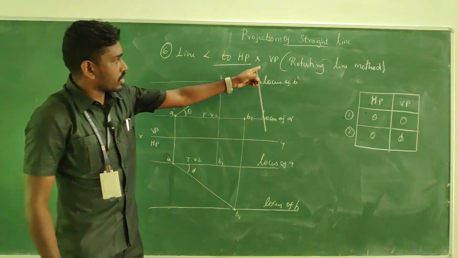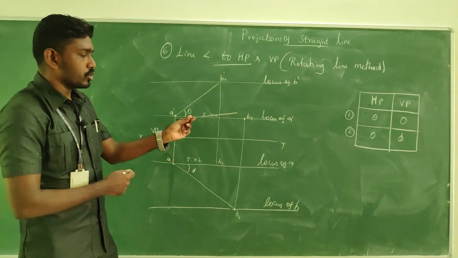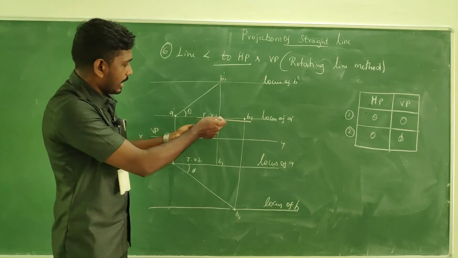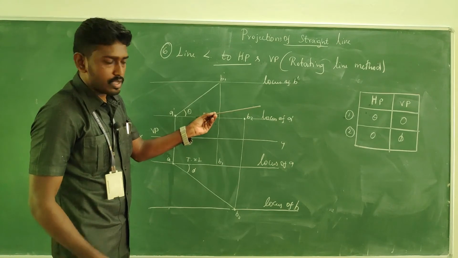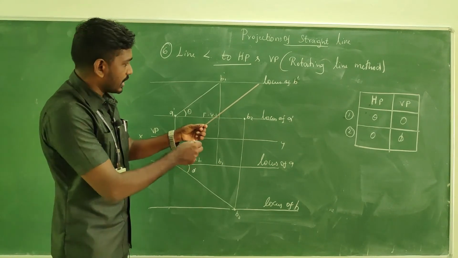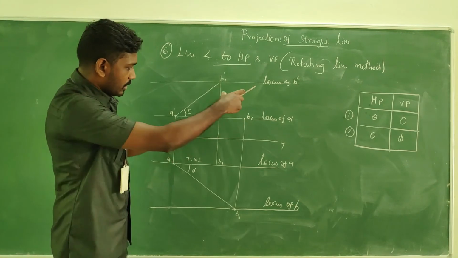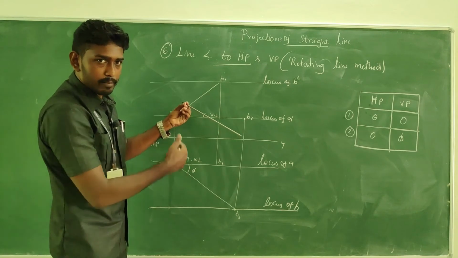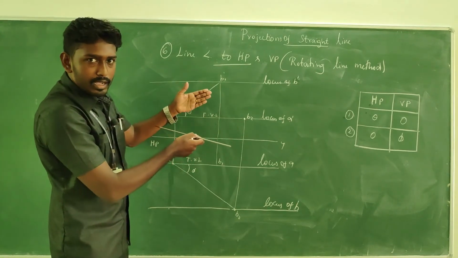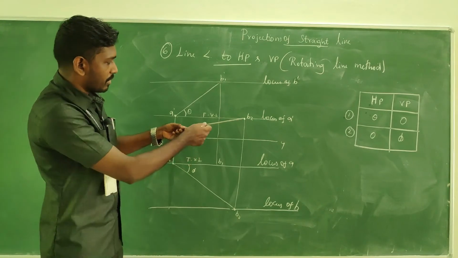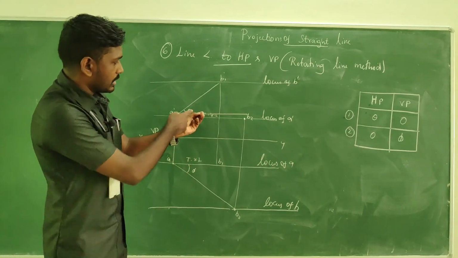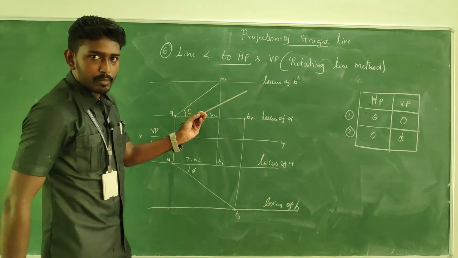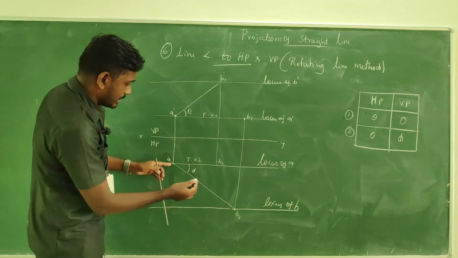So now, as far as this rotating line method, what we are going to do is, we have taken the observation at first like this, right? And in the second step, I have taken the observation like this. From the first position, I am going to change the position of the top view, something like this. I am going to rotate it to the position of the final one. In the same manner from the VP, second stage, I am going to rotate it something like this in order to achieve the final position.